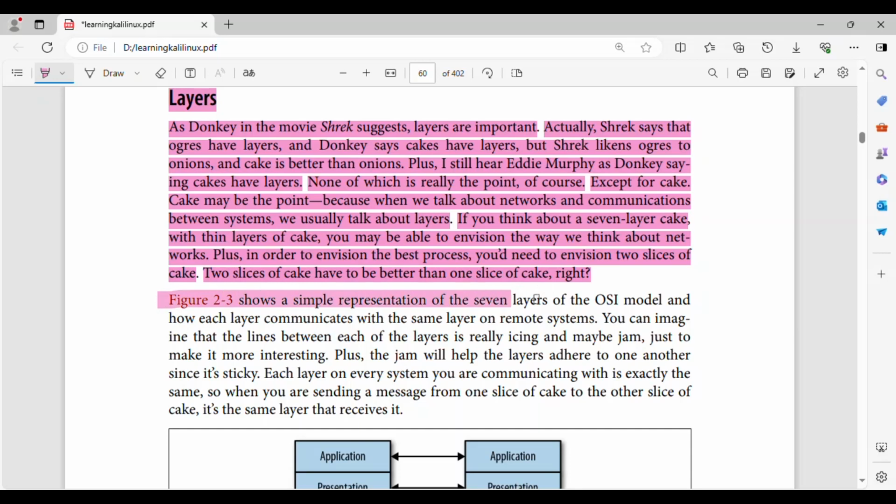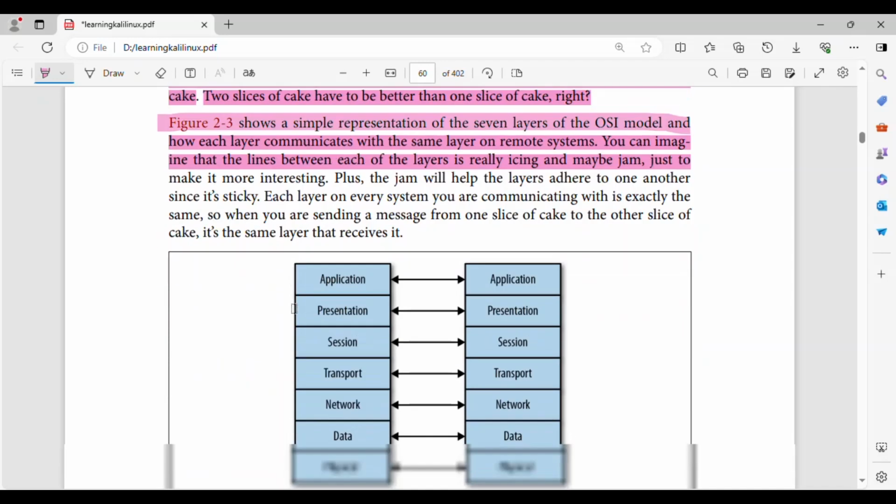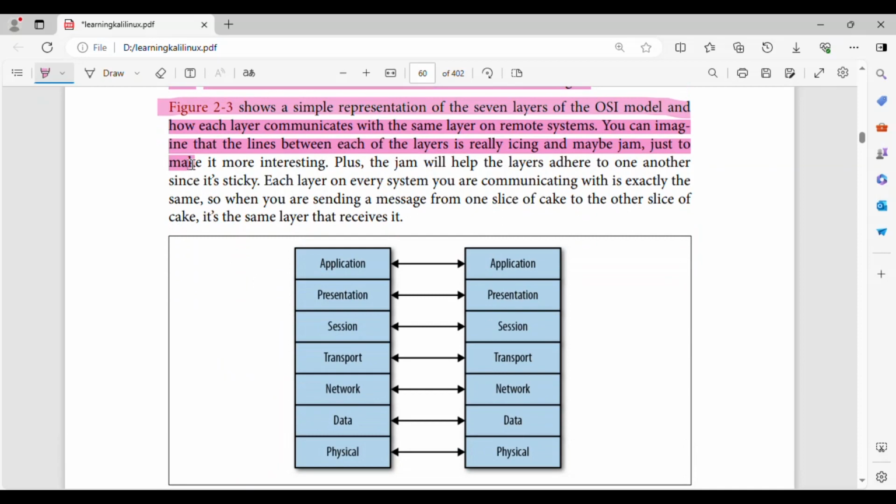Figure 2-3 shows a simple representation of the 7 layers of the OSI model and how each layer communicates with the same layer on remote systems. You can imagine that the lines between each of the layers is really icing and maybe jam, just to make it more interesting. Plus, the jam will help the layers adhere to one another.